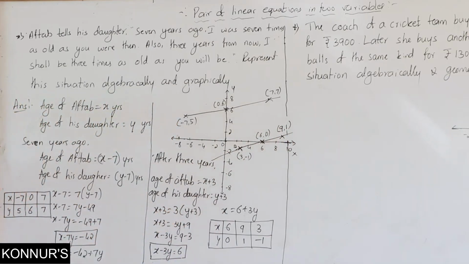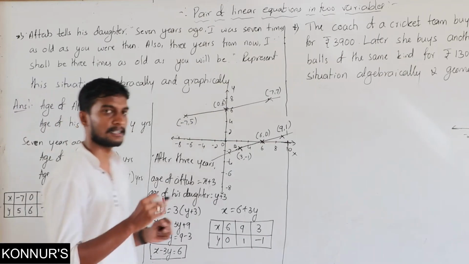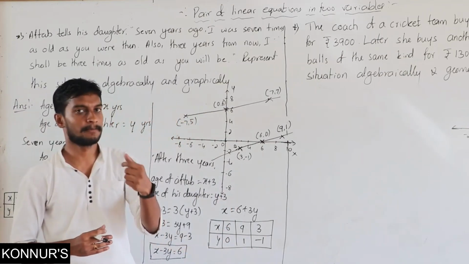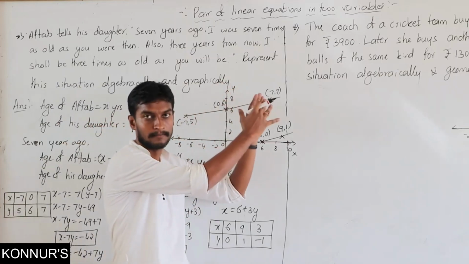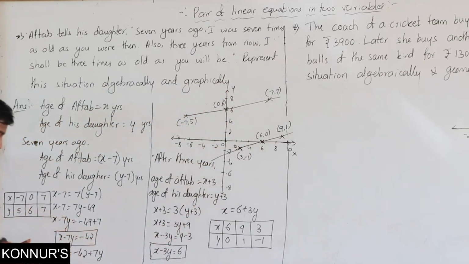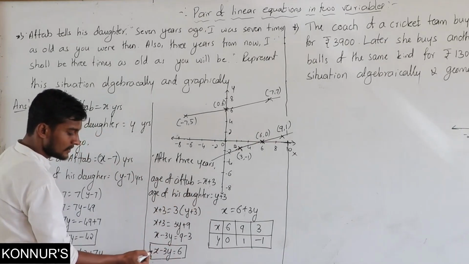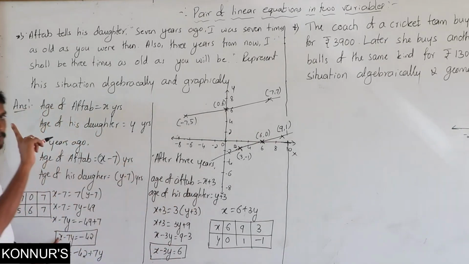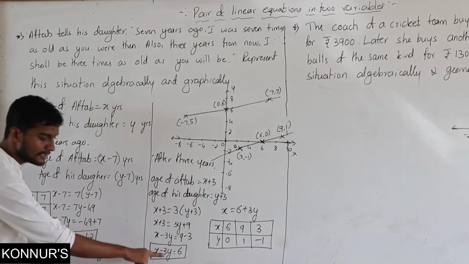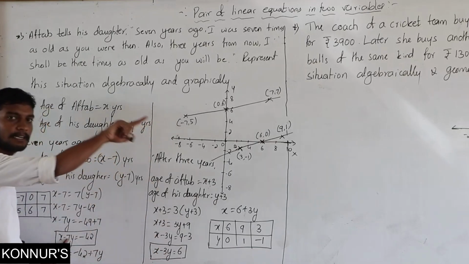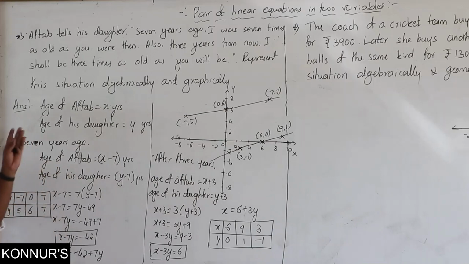So here we have already studied how to get linear equations graphically and algebraically. Already I have shown you the table. So here, in the equation a1 by a2, a1 is the coefficient of x. If there is no number, it is always 1, so a1 value is 1. In the second equation, x minus 3y, again a1 value is 1. 1 divided by 1 is 1. Here b1 value is minus 7, and in this equation b2 value is minus 3. Minus 7 divided by minus 3 is 7 divided by 3. So a1 by a2 is 1 by 1 and b1 by b2 is 7 divided by 3.